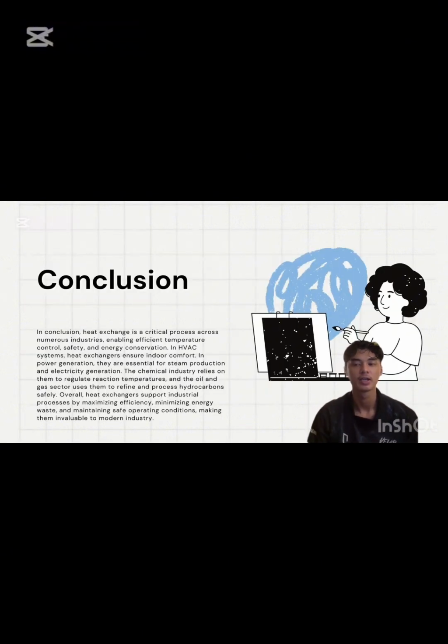For the end, in conclusion, heat exchange is a critical process across numerous industries, enabling efficient temperature control, safety, and energy conservation. In HVAC systems, heat exchangers ensure indoor comfort. In power generation, they are essential for steam production and electricity generation. The chemical industry relies on them to regulate reaction temperature, and the oil and gas sector uses them to refine